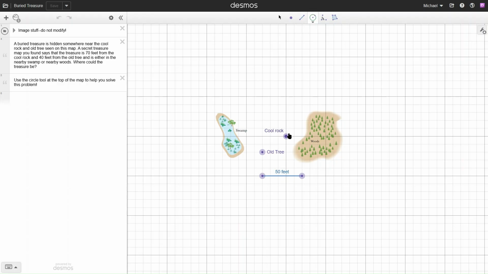So cool rock, it's 70 feet from there, so I'm going to make a circle 1, 2, 3, 4, 5, 6, 7 squares, 70 feet. And so just looking at this, it could be in the swamp or in this tiny corner of the woods. So we need to do the old tree to figure out for sure where it could be. And then it must be 40 feet from the old tree. 1, 2, 3, 4. And now since it's a circle,